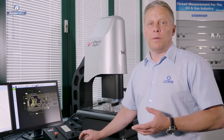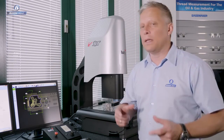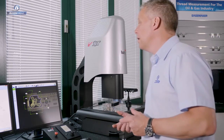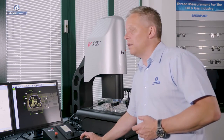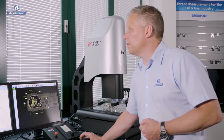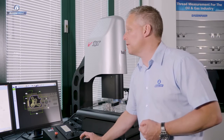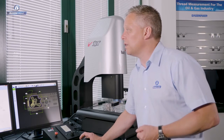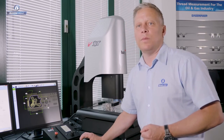So the process that we've just been through, using video edge detection tools to automatically find the edge of features. We've taken lots of data points to describe all these features. We've created a drawing. We've dimensioned the part. We've done some scanning and best fitting to DXFs. At the end of the process, we've generated a report, but the real value in the system is that it's